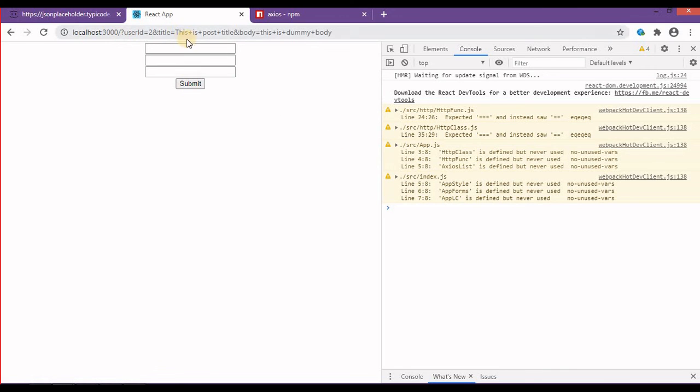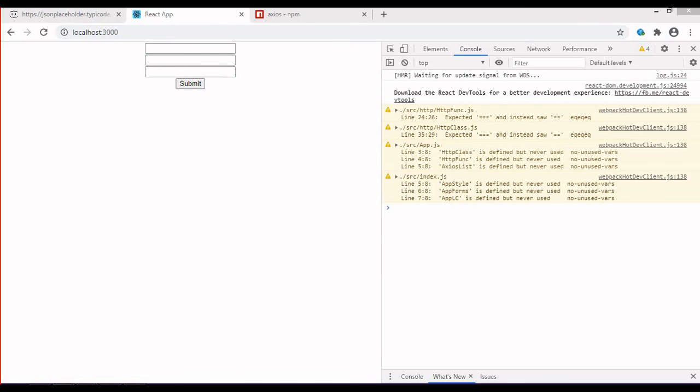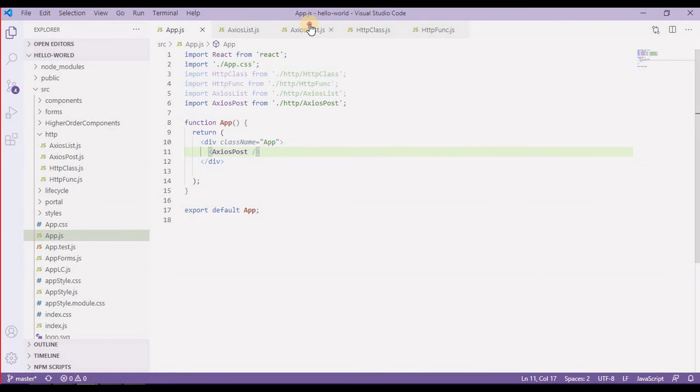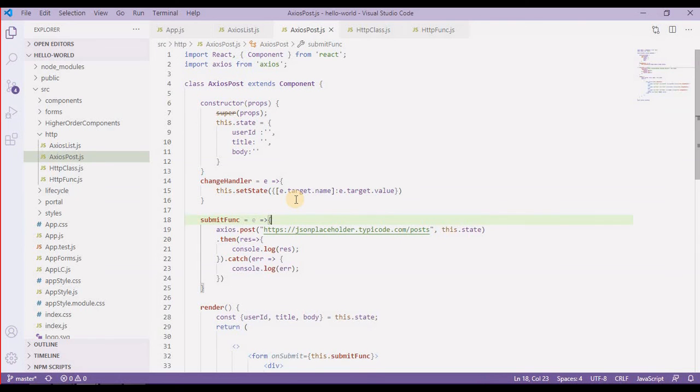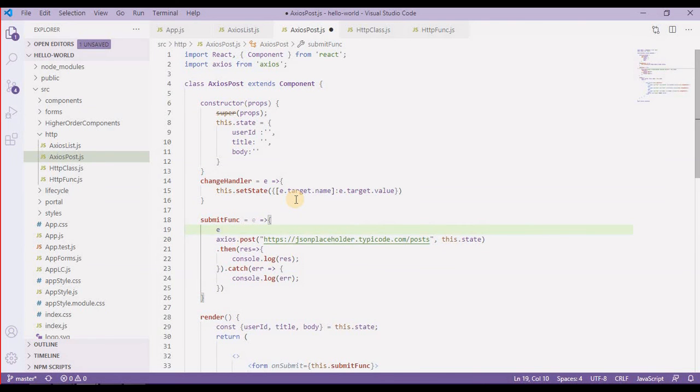as you can see, this is being reloaded again and again because of the normal HTML behavior of form submit. So we don't need this reloading behavior over here. For that, what we need to do is provide the preventDefault method in our submit function. So for that, I have taken event.preventDefault. So it will prevent the default behavior. I hope I have spelled it correctly. It will prevent the default behavior of HTML, and it will not reload the whole browser.